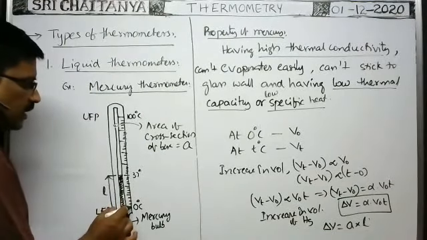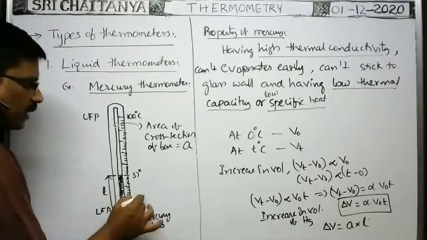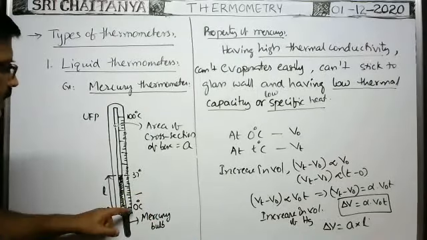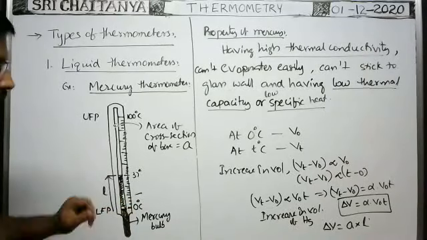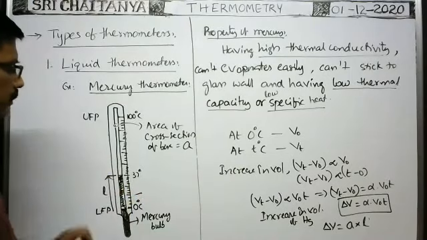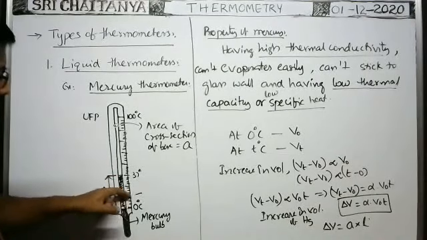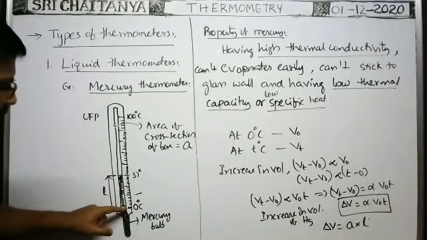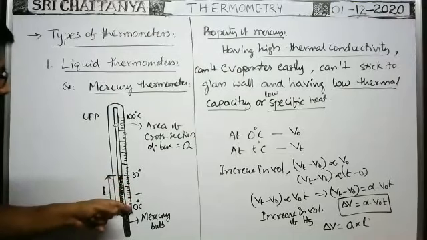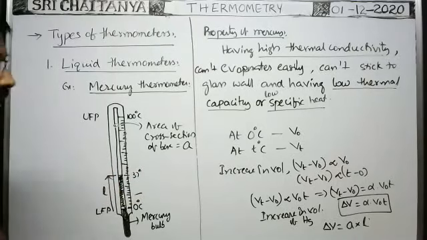Sometimes 0 degrees centigrade is not marked exactly at 0 degrees centigrade; it is marked as minus 3 degrees centigrade, like this. 0 degrees centigrade is here only, but it is marked as minus 3. In such a case, what is the reading? Suppose the mercury level rises up to this point. That means we have to add these 3 also, because it is minus 3, it is 0. So the mercury level is initially taken here, and it expands from this position to this position, means 37 plus 3, 40 degrees centigrade. So the rise in temperature is 40 degrees centigrade. We have to write like that.